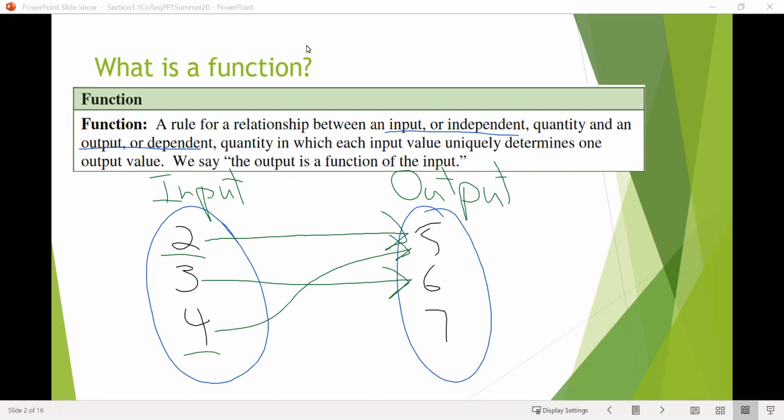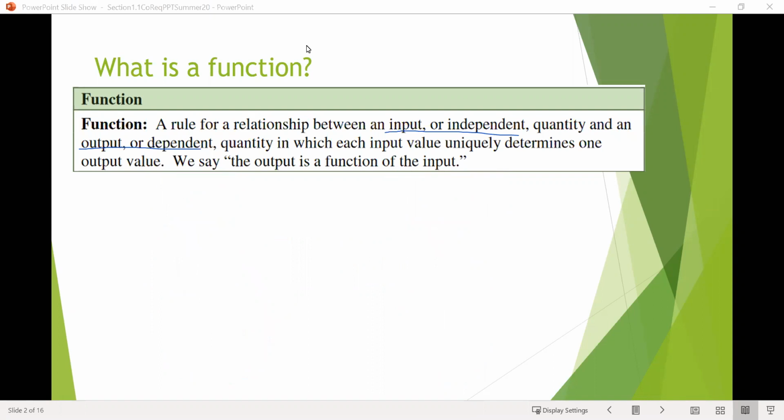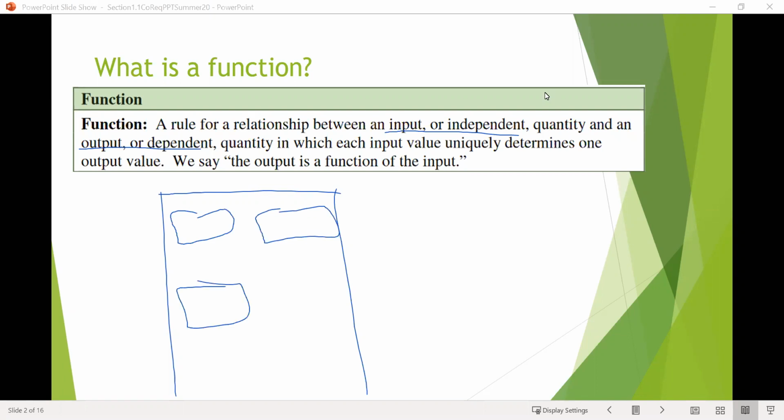All right, one kind of real-world example I like to think of with functions is a soda machine or a pop machine. I know the debate rages on about which of those terms is appropriate. So let's say this is a pop machine or a soda machine, and they usually have buttons on them, right? Okay, so these are my buttons, and in this I'm going to use P to stand for Pepsi, C to stand for Coke. So let's say this button here, you press that, gives you a Pepsi. This button here gives you a Coke. Let's say this one also goes to Pepsi, and this one goes to water,